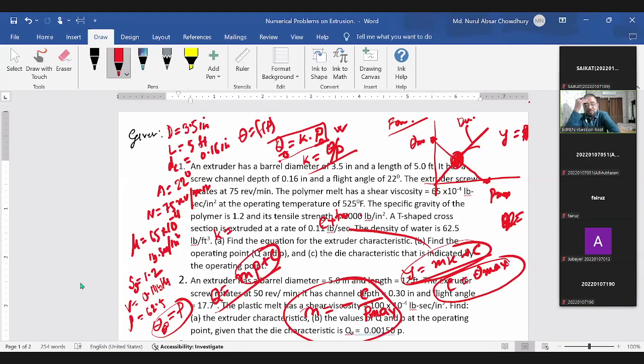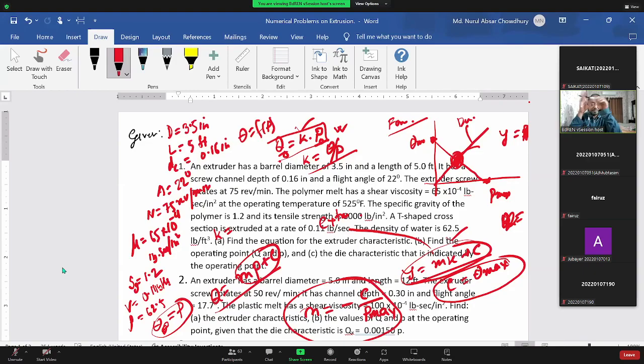বুঝছো জিনিসটা? ক্লিয়ার? এইভাবেই করছো তো অ্যাসাইনমেন্টে? আমার তো মনে হয় এইভাবেই করছো। তোমরা প্রথমে এয়ার ক্যারেক্টারিস্টিক বাইর করবা, তারপরে ডাই ক্যারেক্টারিস্টিক বাইর করবা, ক্রস সেকশনটা বাইর করলে এটাই অপারেটিং পয়েন্ট পাবে, তাই না? এটাই অপারেটিং পয়েন্ট পাবা।